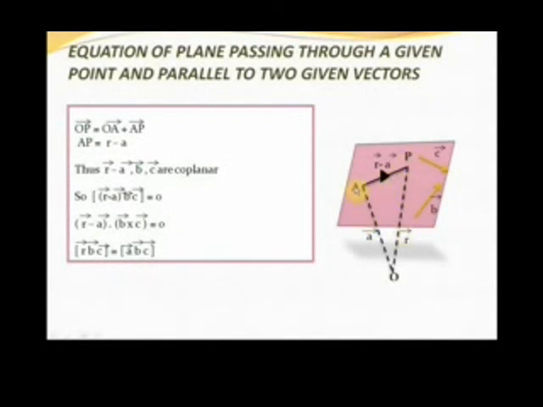Therefore the vector AP is given by the position vector of P minus the position vector of A, and that is vector R minus vector A. Thus AP becomes vector R minus vector A. Thus this vector AP lies in this plane. Also the vector B and vector C